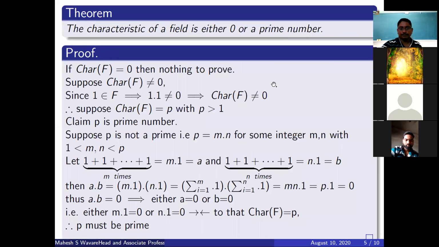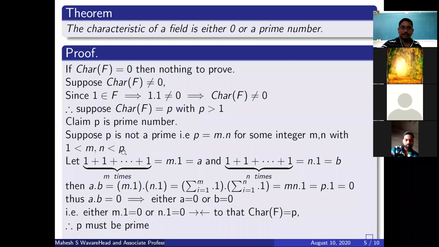Sagar Shinde, okay. So it is just simple: you have to keep in mind our target. If the field has characteristic 0, then there is nothing to prove, we are done. But if it is not 0, first write that its characteristic is greater than 1. There is no field having characteristic 1, keep that in mind. Then we assume a composite number to show it is prime, and arrive at a contradiction, and that contradiction is only to your characteristic.